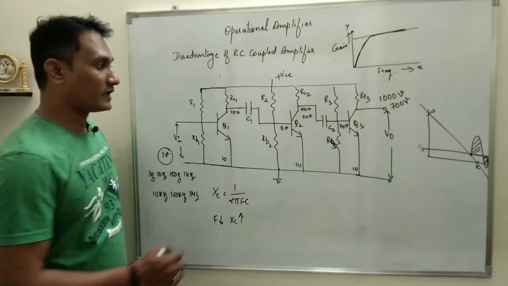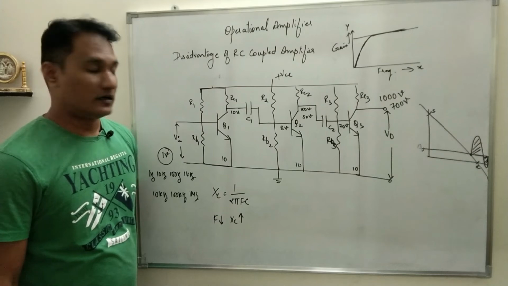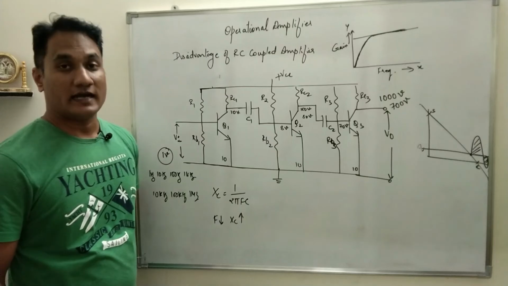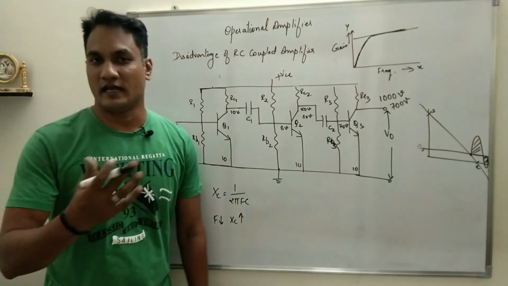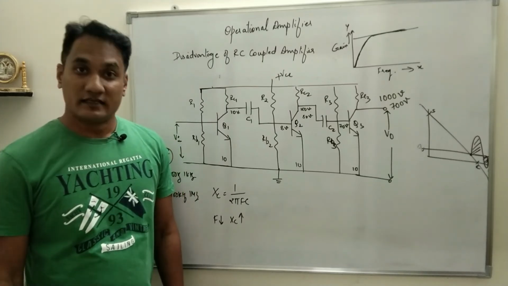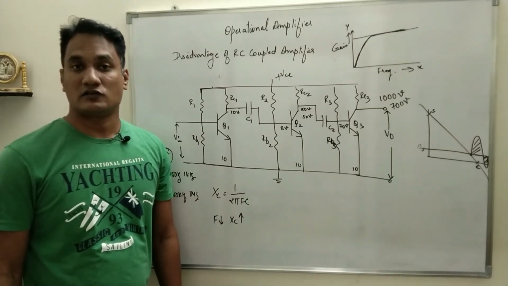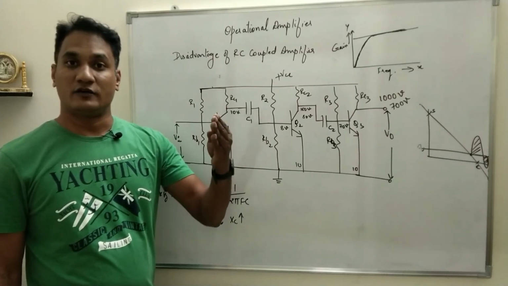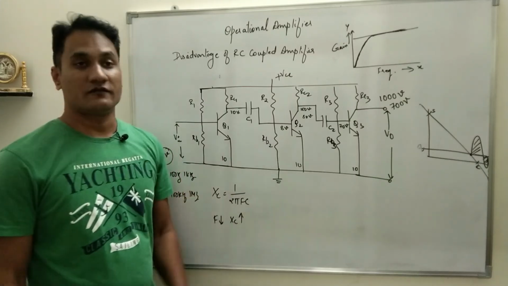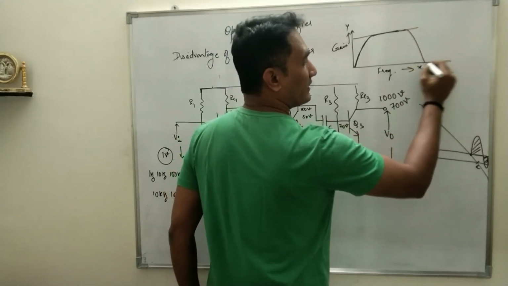In high frequency, what happens is all these three transistors which we have connected are NPN transistors. They are connected in common emitter configuration mode. So at high frequency, any device working at high frequency, even your mobile phone, if you are using it continuously, the temperature increases because of heat dissipation. Same thing happens with the RC coupled amplifier also. So at high frequency, the circuit starts heating up, which affects the amplification factor of the transistor, and therefore the amplification factor decreases at high frequency.